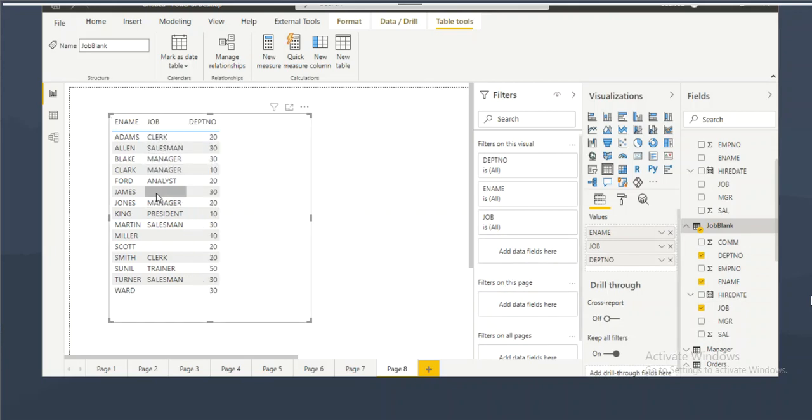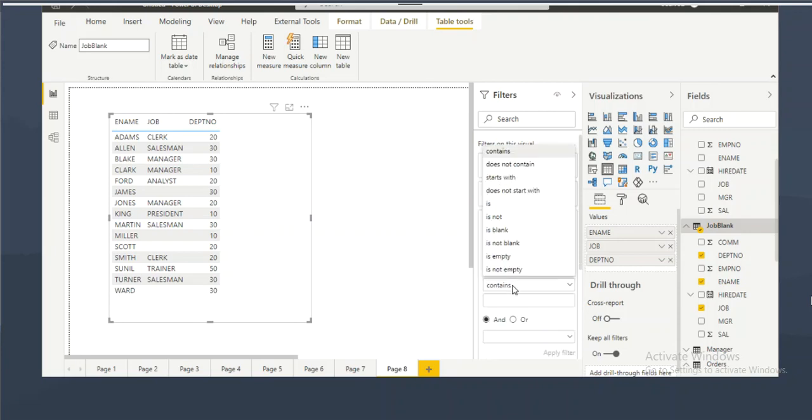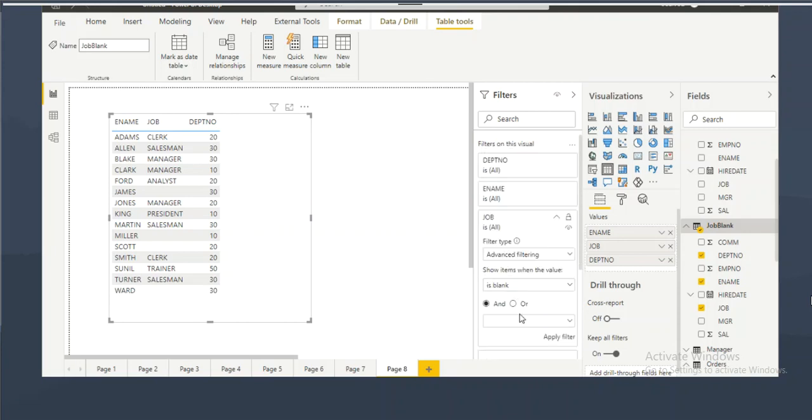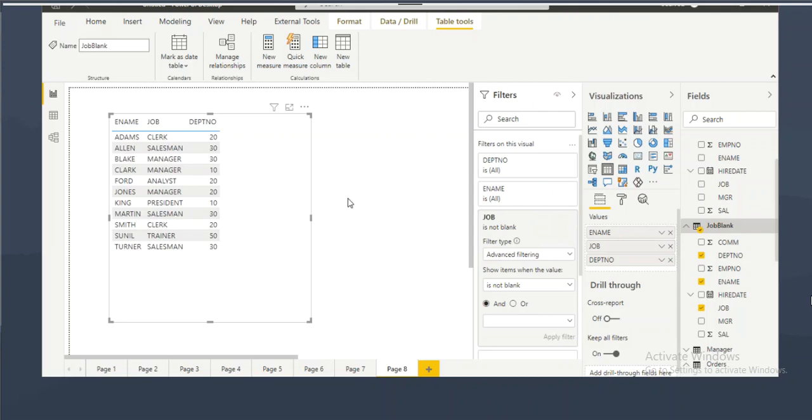I want to show only the employees whose jobs are blank. So I can go to the job column and try the advanced filtering options. You can go with is blank. When I click on apply, it will show only the employees whose jobs are blank. When I select is not blank, it will show only the employees other than blank.